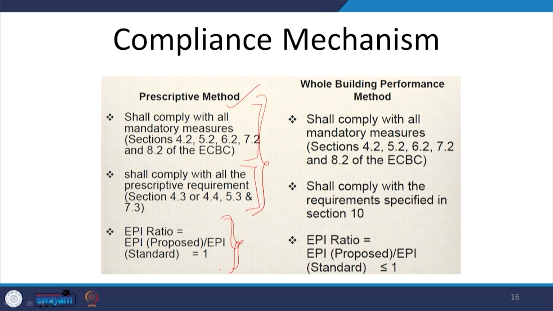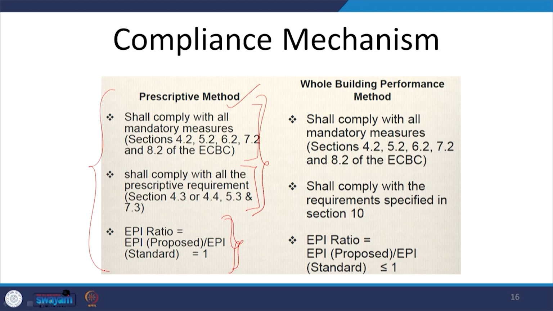So, the proposed energy performance index for the proposed building should be better than that of the base case, but all of that is largely the prescriptive compliance approach, where at least all the active systems have to follow